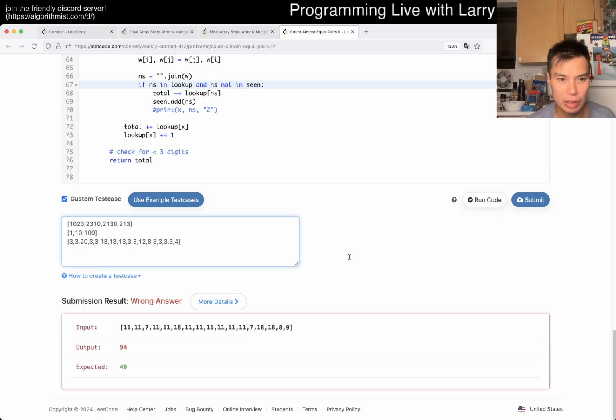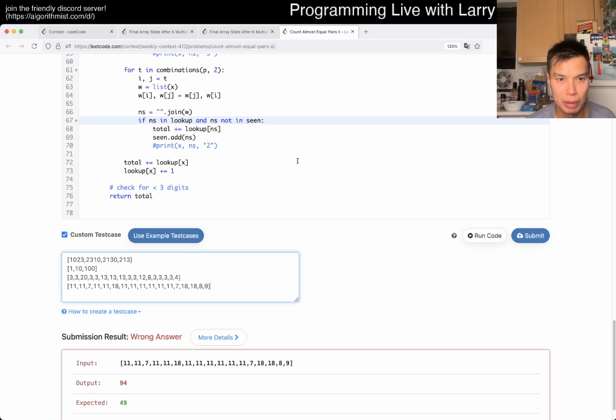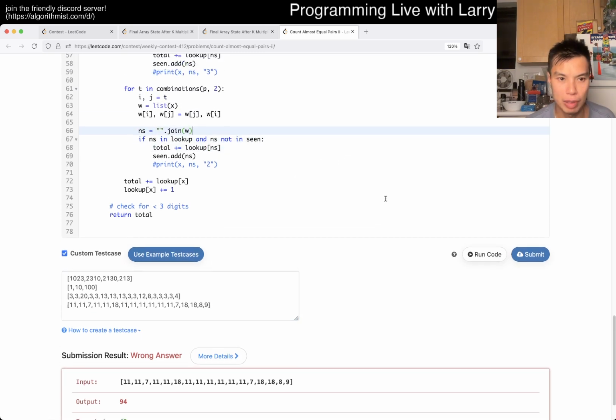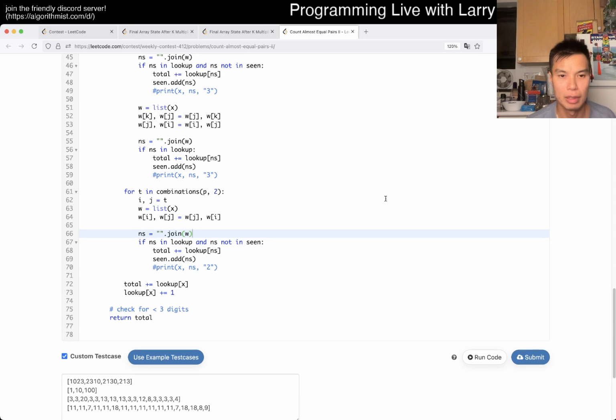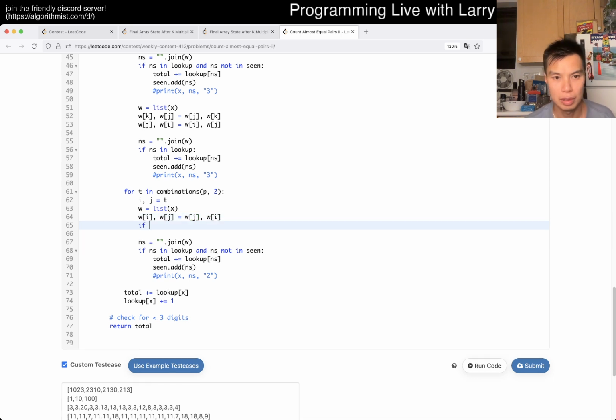Okay, we're over counting. Because we also do the swap here. Okay, that's fine. I think we just need to do